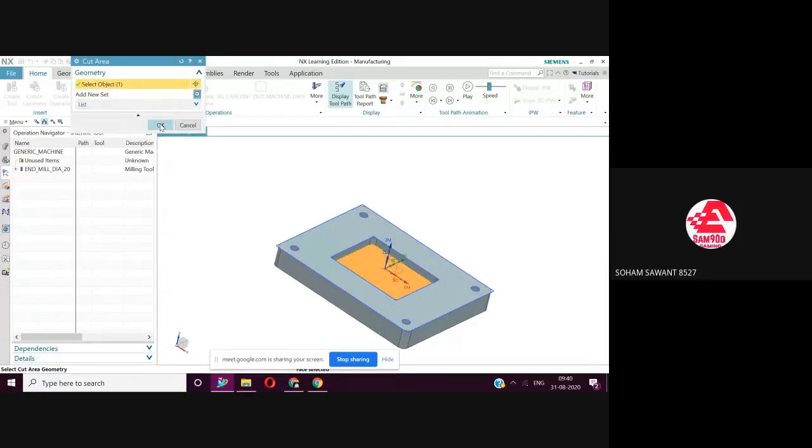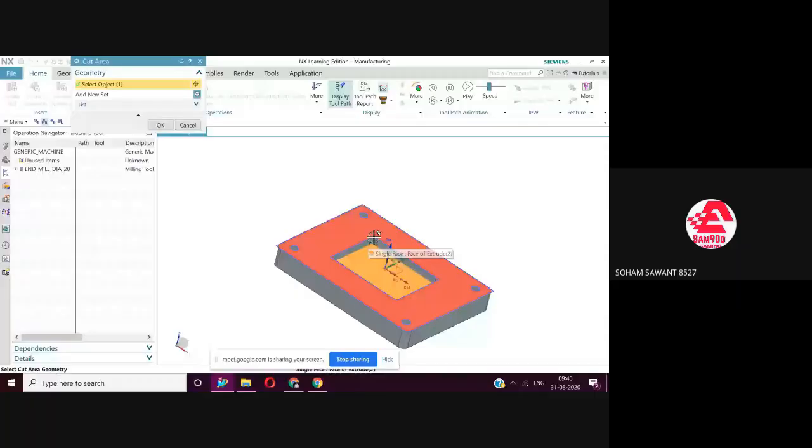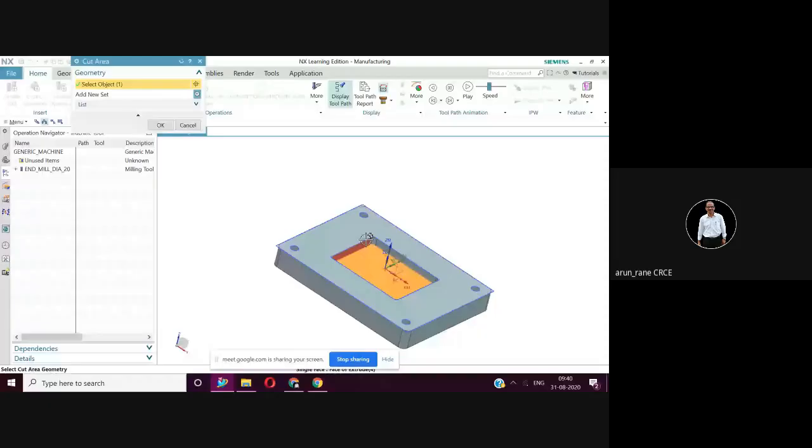In the pocket, what is the fillet radius? That was 10 R, which I showed you in the beginning sketch, in modeling, with edge blend. So what is the end mill diameter? Since the fillet radius was 10, we have taken cutter diameter as 20. We cannot go more than 20. You have to always go for less than 20, like 19, 18.